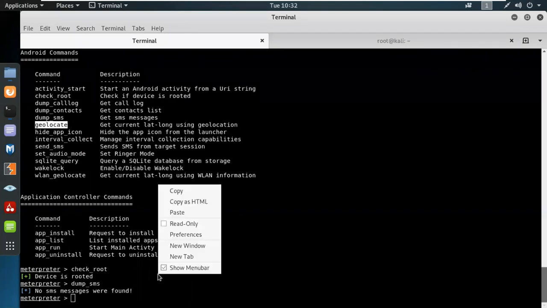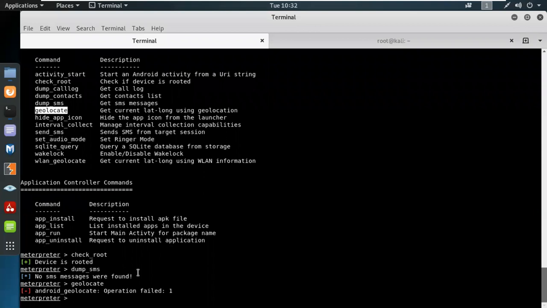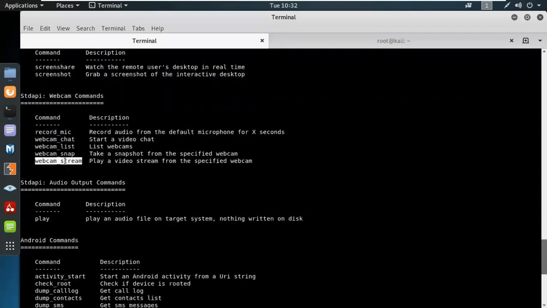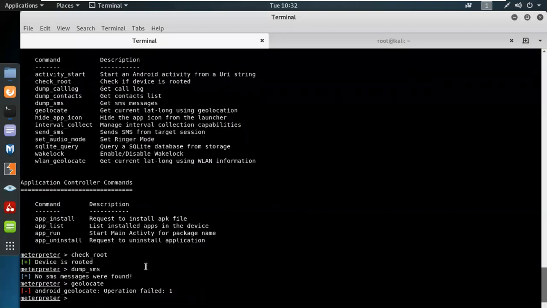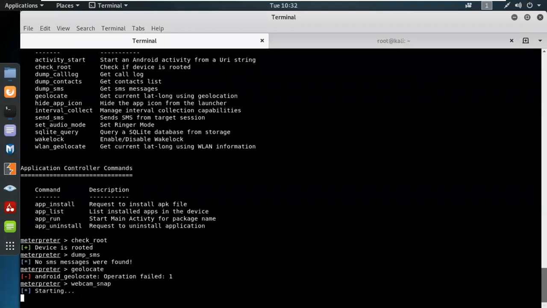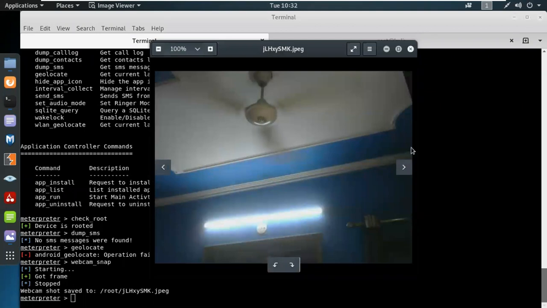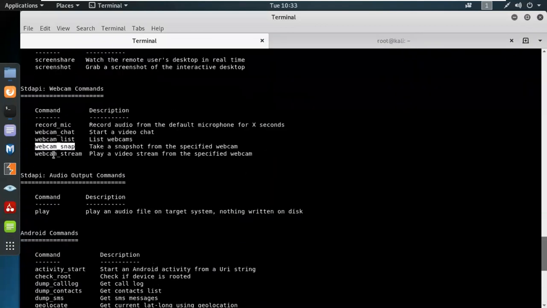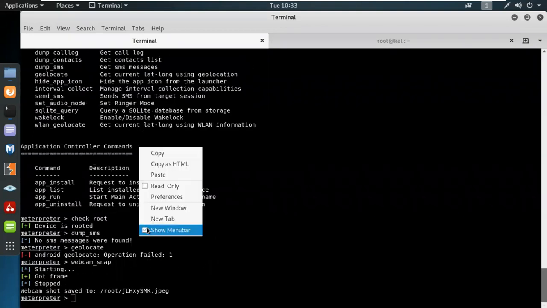Geolocation, we can find the geolocation if they activated their location string. If you see over here, you can access the webcam stream, or you can snap the webcam also. So if I do this one, see, you will not know anything. It can do lots of things and damage you. A webcam list, a webcam record also can be done. See over here, if I do simply this one,